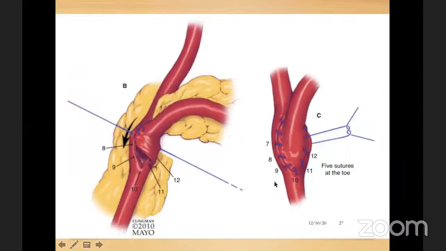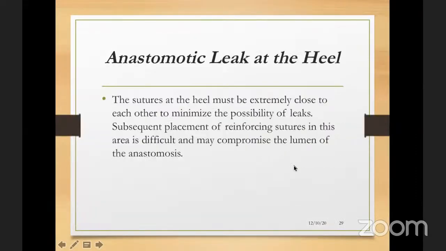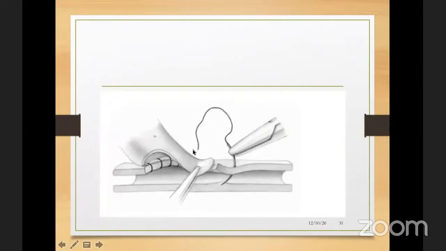And then after, at the heel, at the toe, care must be taken so that if it's not fully exposed, the back wall can be taken by the needle in suturing. Because the anastomosis at the toe is important, as it determines the flow to the distal coronary, a probe can be inserted